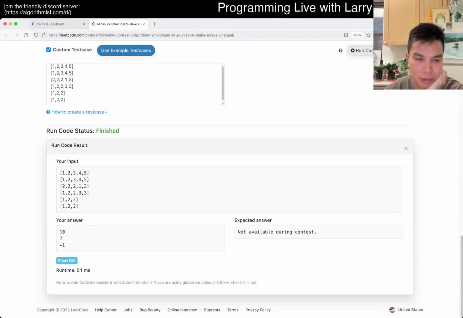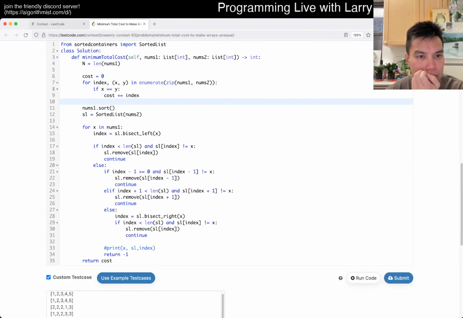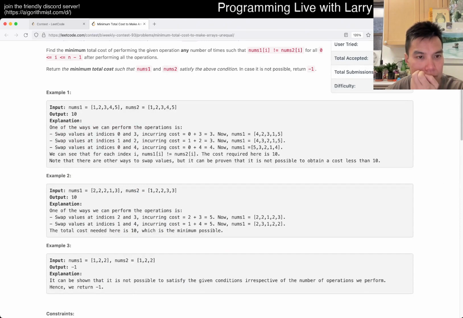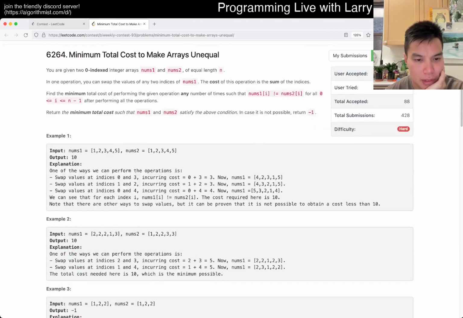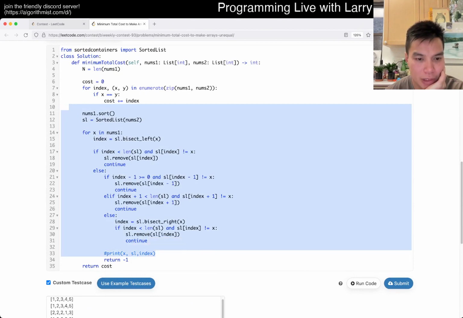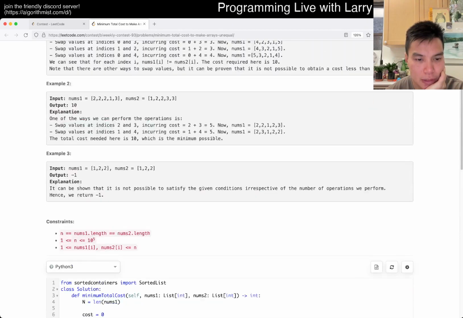Basically, I just get the next number or next index that I'm available. But if this one's... this one, I don't even know. I think this is okay for checking whether it's possible, but not for minimal costs. I don't know how to do it in such a way that